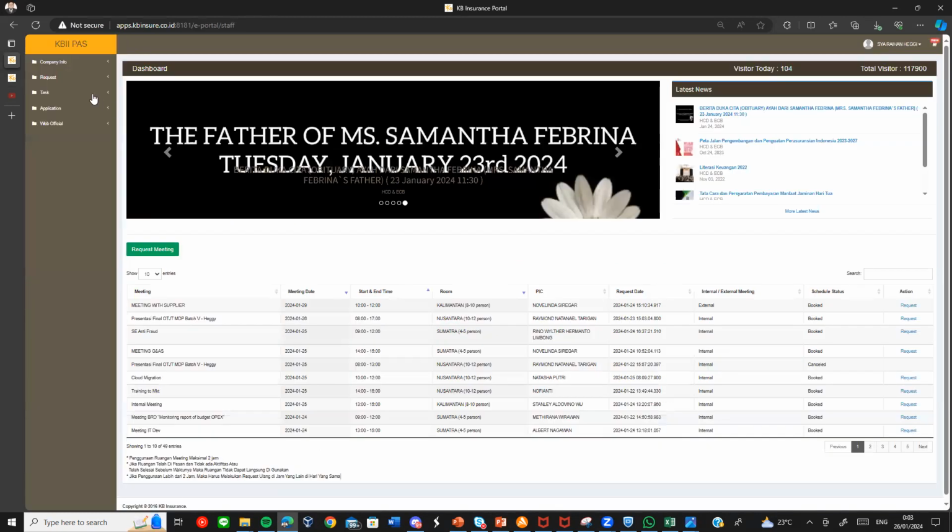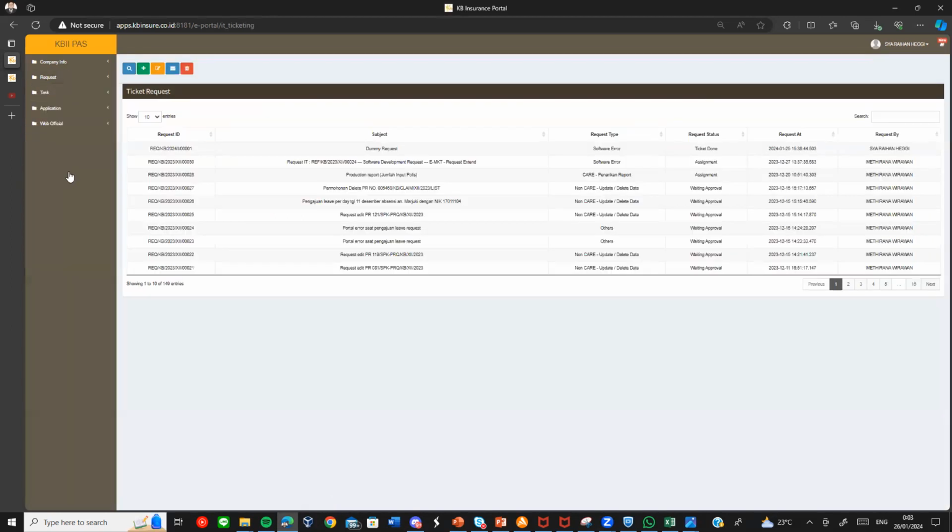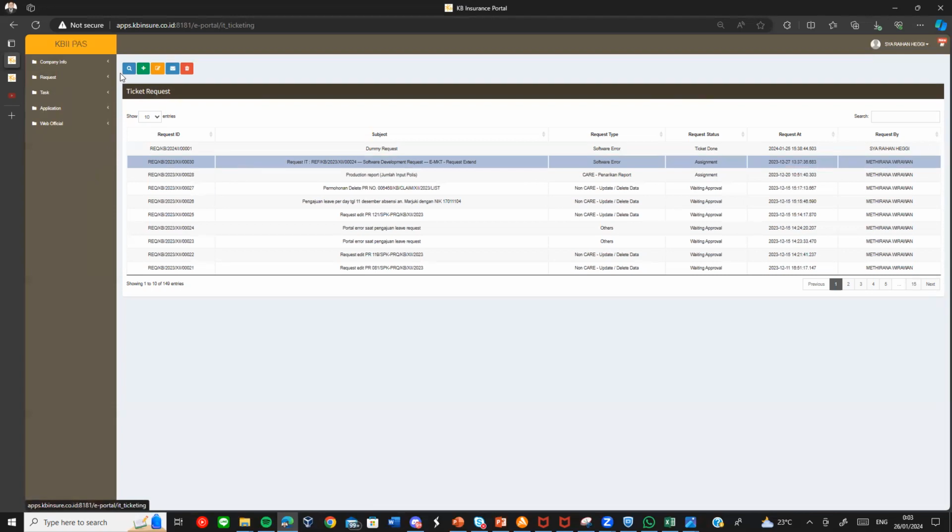The next module is AIT ticketing. For ticketing, the user or requester can access the menu from the portal and will see the data requested by them. But for me, as the IT, the system shows all the data requested in the system.